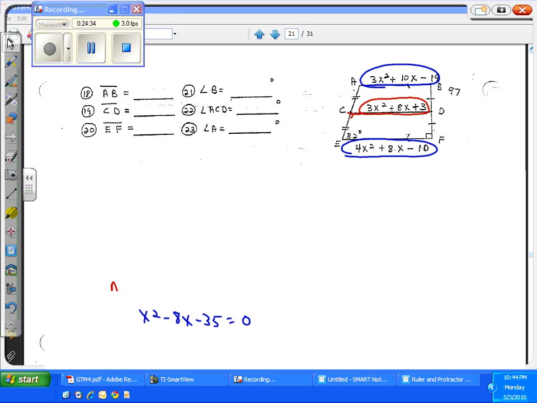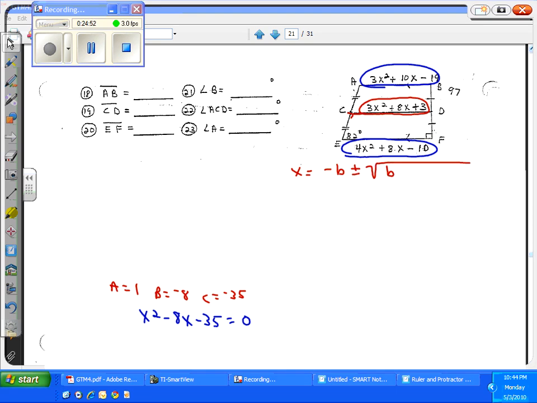The a of this quadratic is the 1, the b of the quadratic is -8, and the c of the quadratic is -35. The quadratic formula is x is equal to the opposite of b plus or minus the square